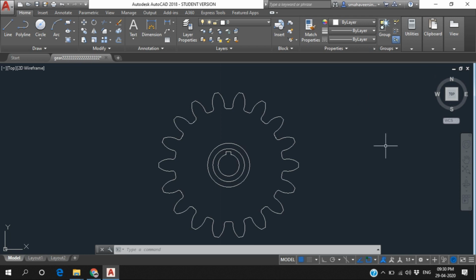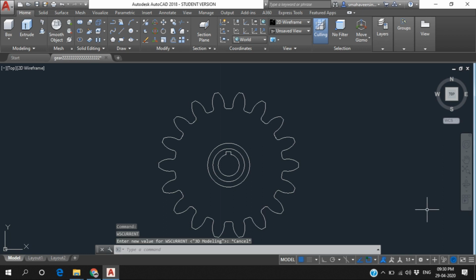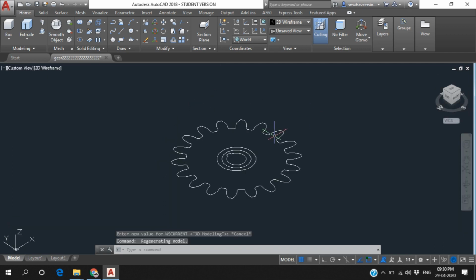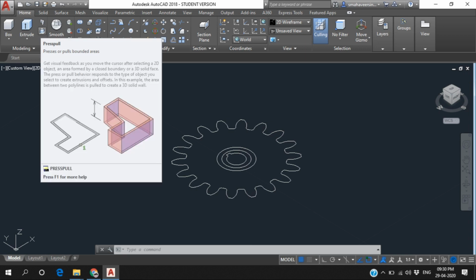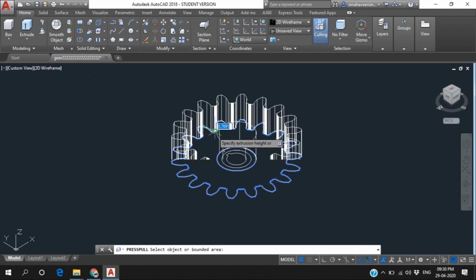Then, to convert this to 3D, go to the bottom portion where the settings are, and in settings go to 3D modeling. When you transfer from 2D to 3D, all the 3D operations show up. Then go to the home page and click on it. Then you see this type of layout. There, near the extrude option, you can use extrude or the press pull option. Click it, right click, come there and select the full portion, then click it.